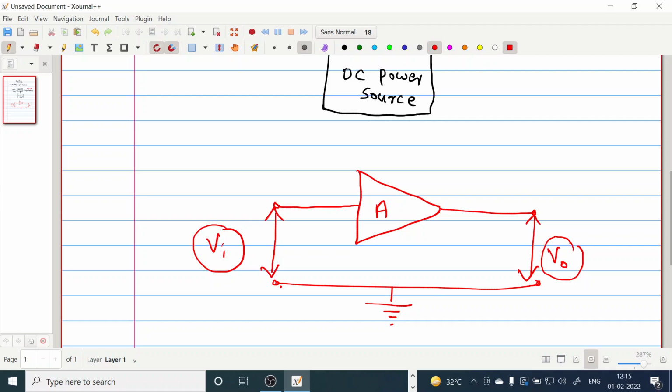Okay, this A is its gain. The voltage gain A is given by VO by VI, ratio of output voltage to input voltage. That is the A symbol written inside the amplifier. Okay,